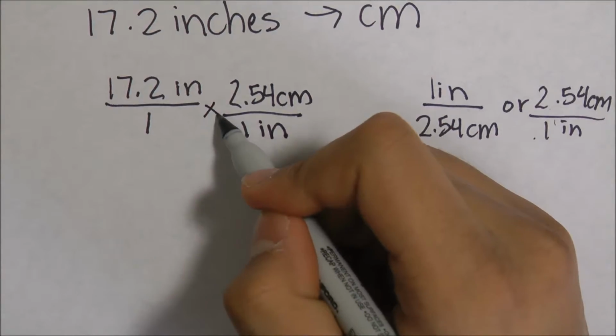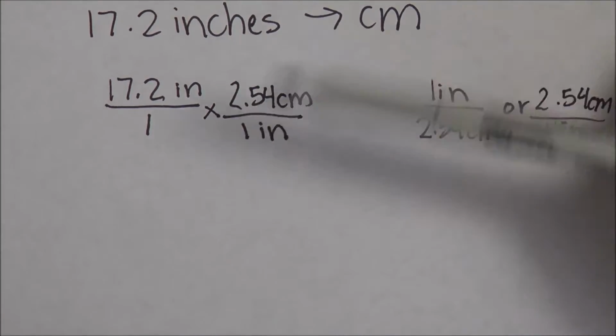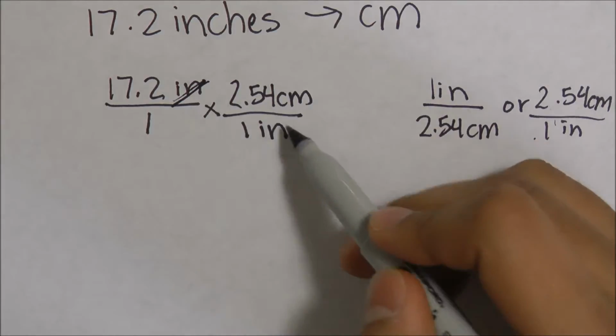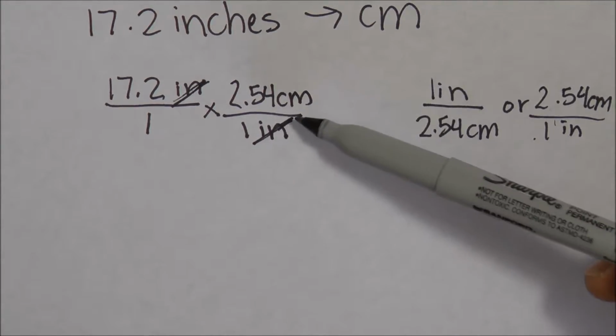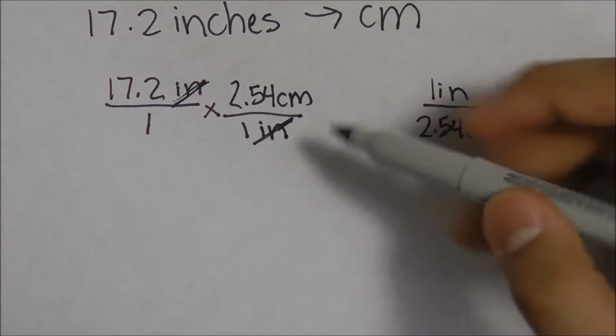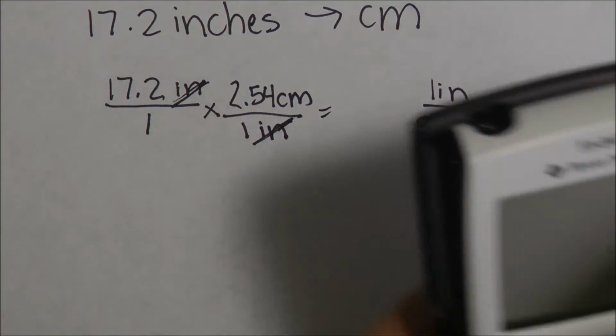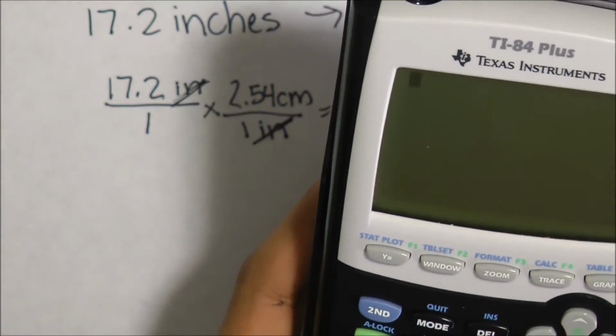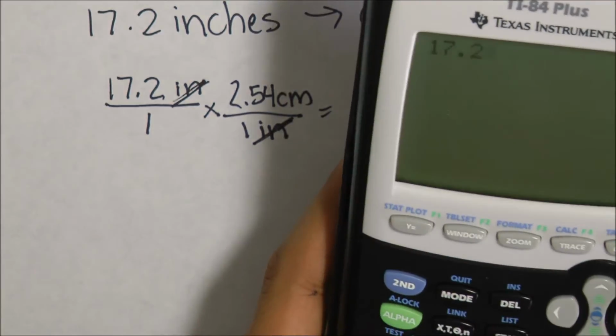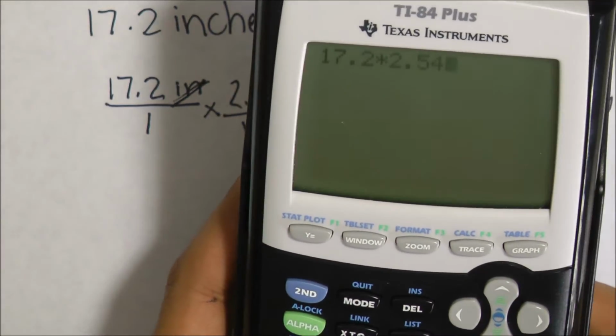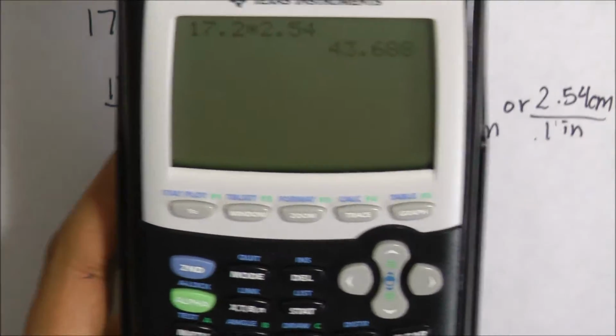You always multiply with dimensional analysis and inches cross out. What's left is centimeters. Now, with your handy dandy calculator, do 17.2 times 2.54, and your answer should be